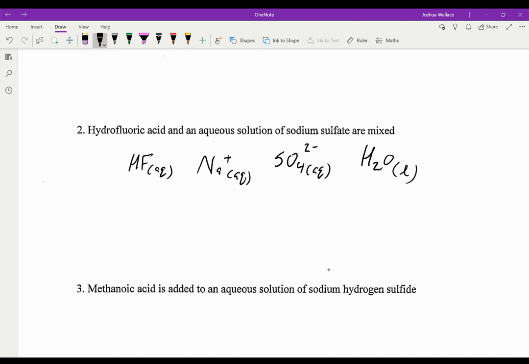So hydrofluoric acid is my strongest acid. We'd find that from our data booklet. And then we have H2O, which could act as an acid or a base. But not only is SO4 2- a base, it is also our strongest base, which we would find out in our data booklet. All right. So when we write this out, we have HF, which is aqueous, reacts with SO4 2-,